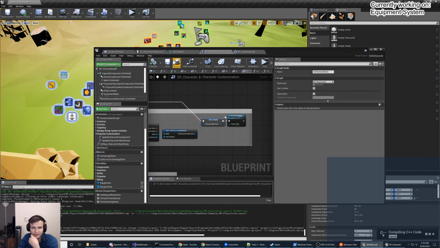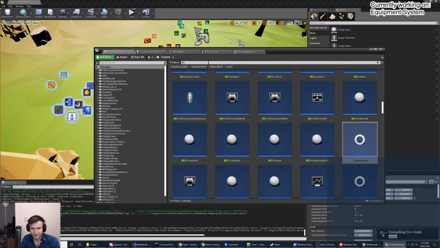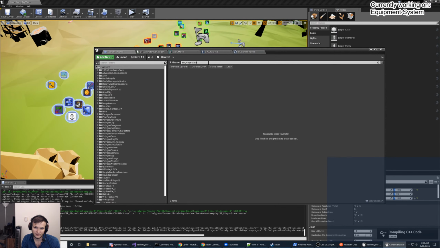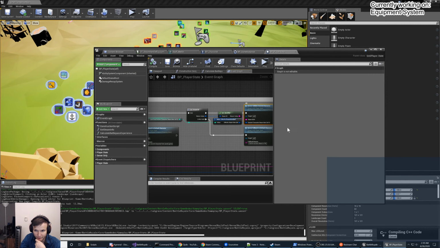I guess while it's compiling, I could probably work. Worst case, compile fails, and I just have to compile again. Definitely need to play with the player state. So there's a few things I want to do. One is